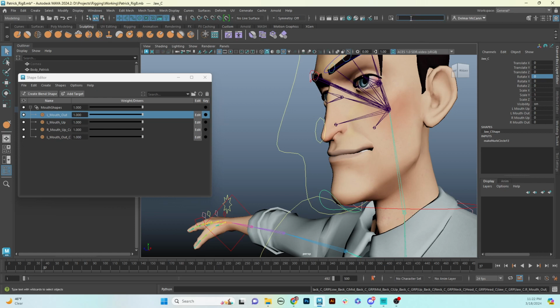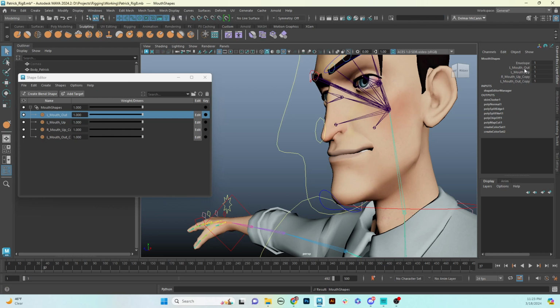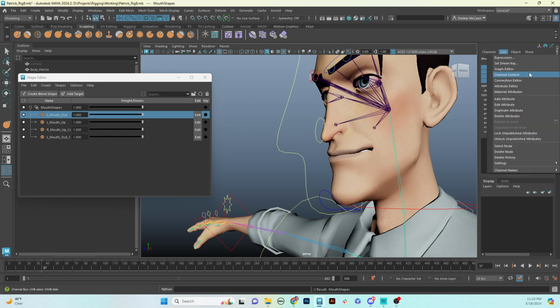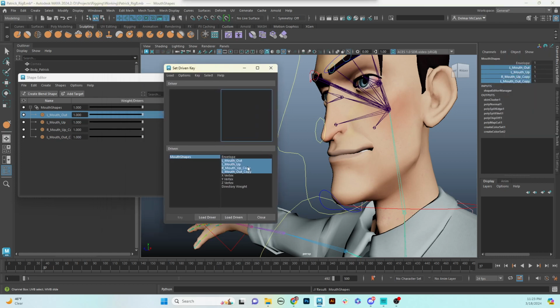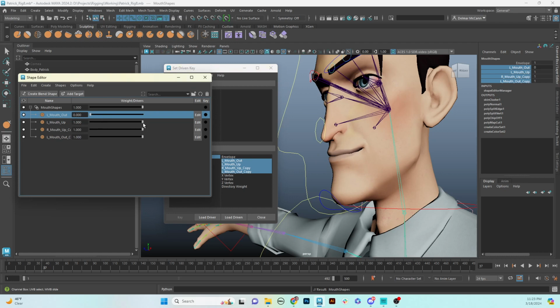And we can actually go in here and paste that, and now we have this, and we want to control all of these. We're going to do edit and set driven key. So now we have our mouth shapes loaded. These are the mouth shapes we want to control. And then we're going to set everything to 0